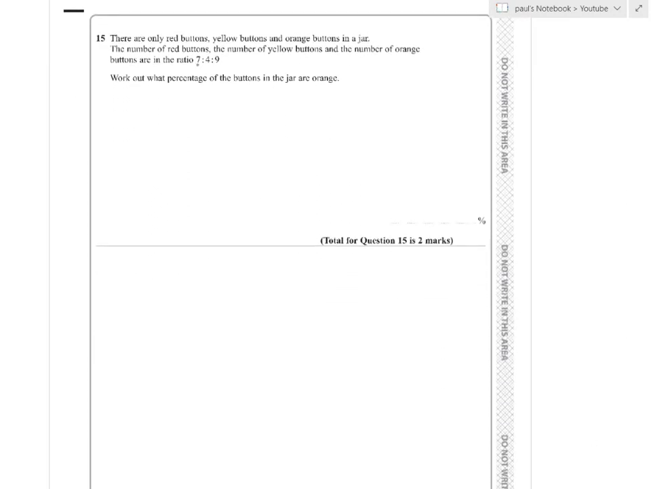There are only red, yellow and orange buttons in a jar. The number of red, the number of yellow buttons. What percentage of the buttons in the jar are orange? So we've got red, yellow and orange: 7, 4, 9. So the orange ones are 9 out of how many altogether? 11, 9 out of 20. So 9/20 is